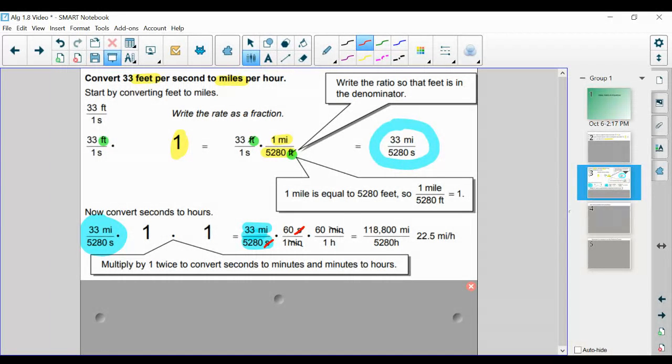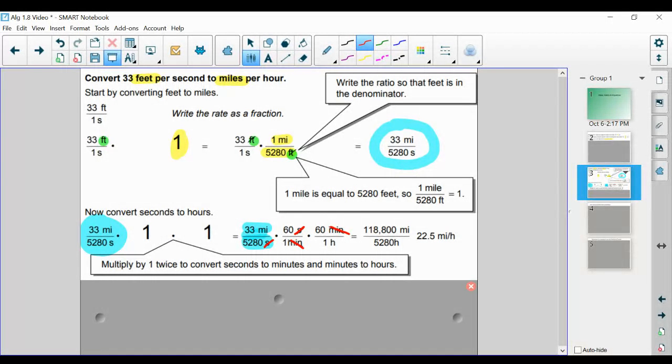So now we technically would end up with miles over minutes, but we don't want miles over minutes. We want miles per hour. So we're going to use another conversion, and we know there's 60 minutes in every 1 hour. So now the minutes cancel, and we're going to be left with only hours in the denominator, and we're still going to stay with miles in the numerator. So we multiply straight across the numerator, multiply straight across the denominator, and we get 22.5 miles